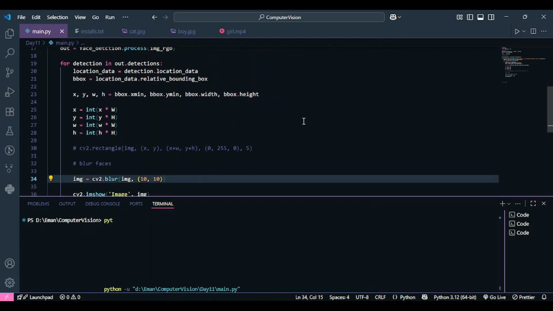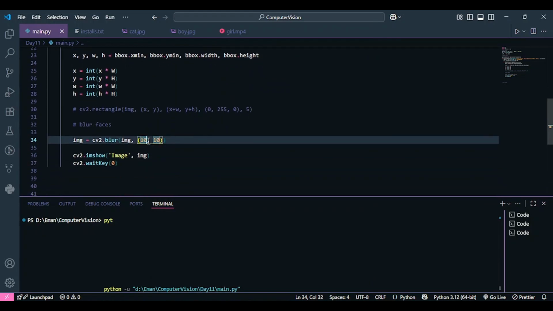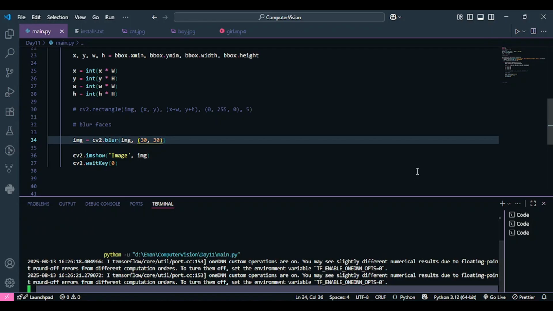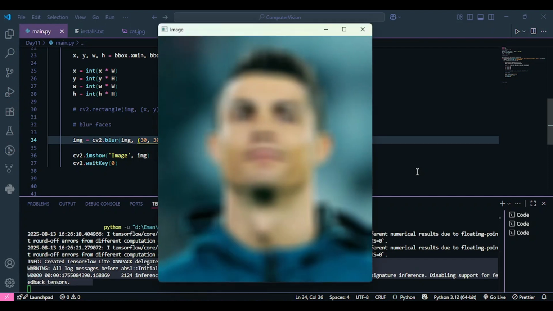But if I increase the k size over here to 30 by 30, the blur is going to be more intense. So now I have put 30 by 30 over here, and we'll see what difference it makes. Okay, yes, so it has completely destroyed the pixels, right?